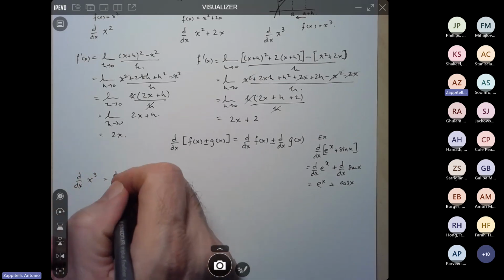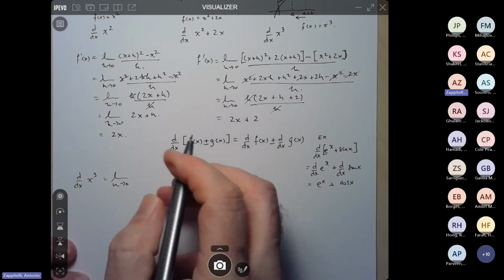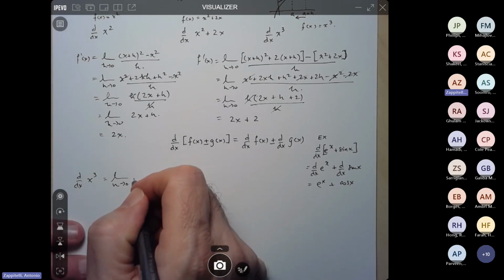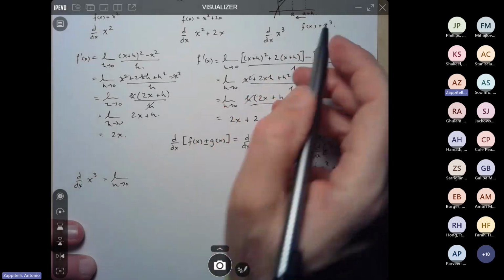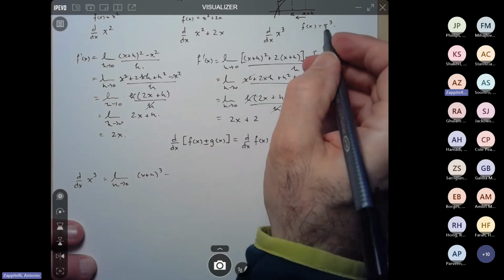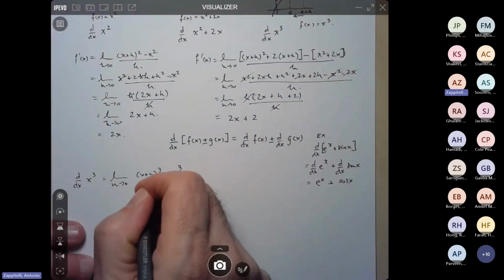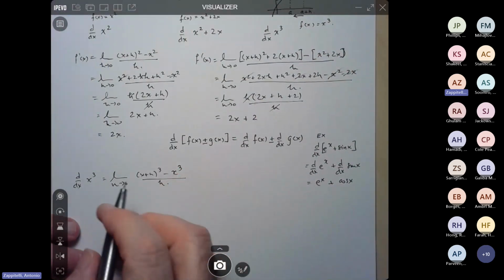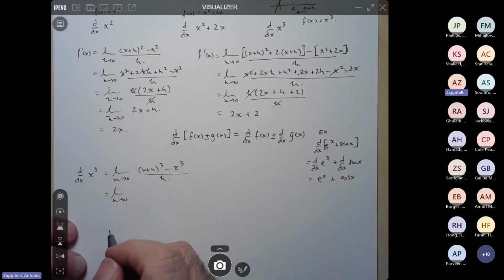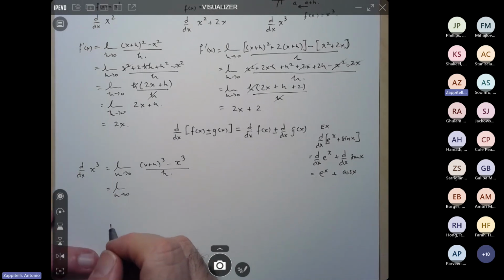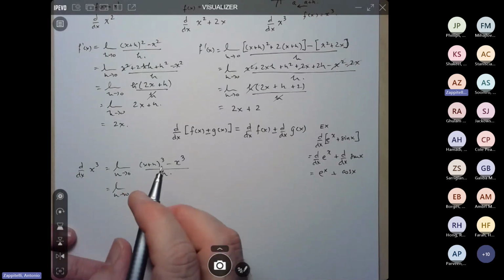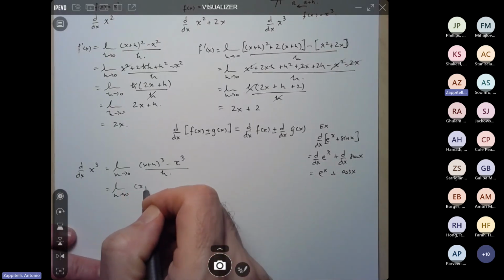All right, so that's the limit as h approaches 0 of f at x plus h. So I'm going to put x plus h into x cubed. So (x plus h) cubed minus x cubed, because that's f at x here, all over h. And obviously this is a bit annoying because we have to expand (x plus h) cubed. Now, if you know Pascal's triangle, you can do this way quicker, but let me do it the